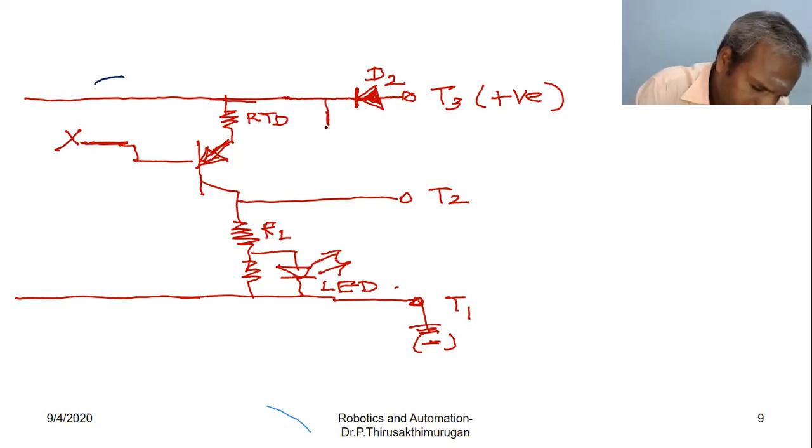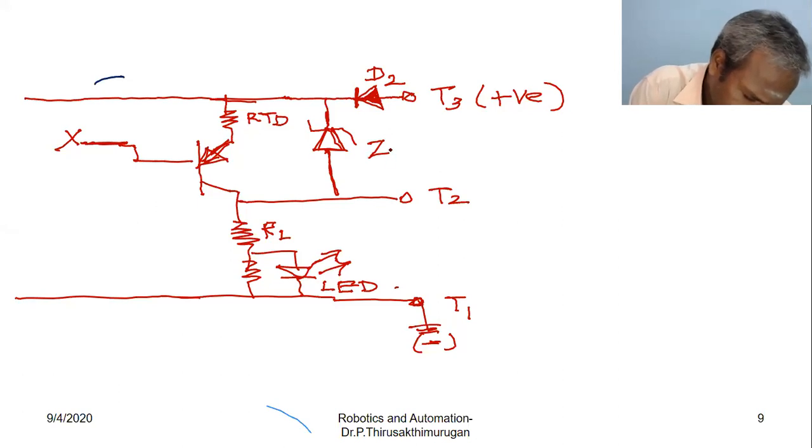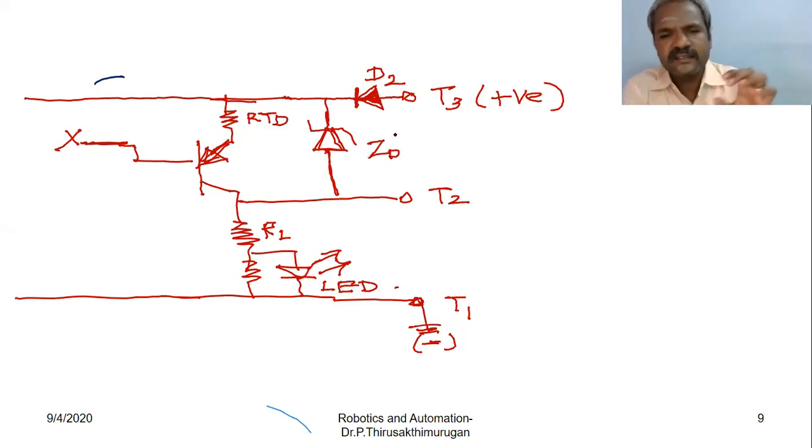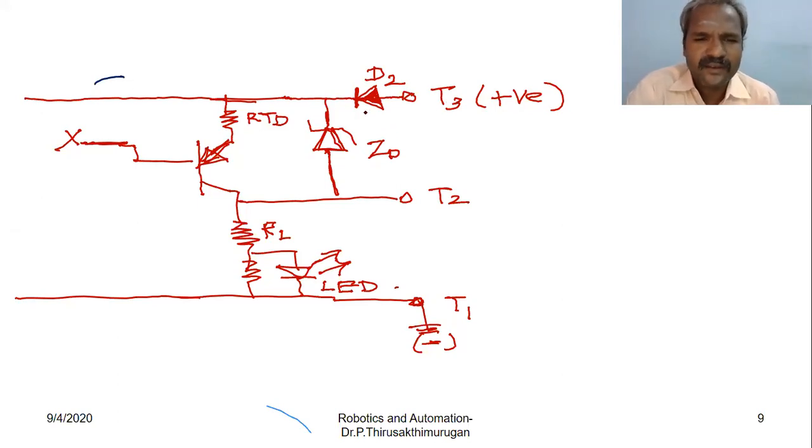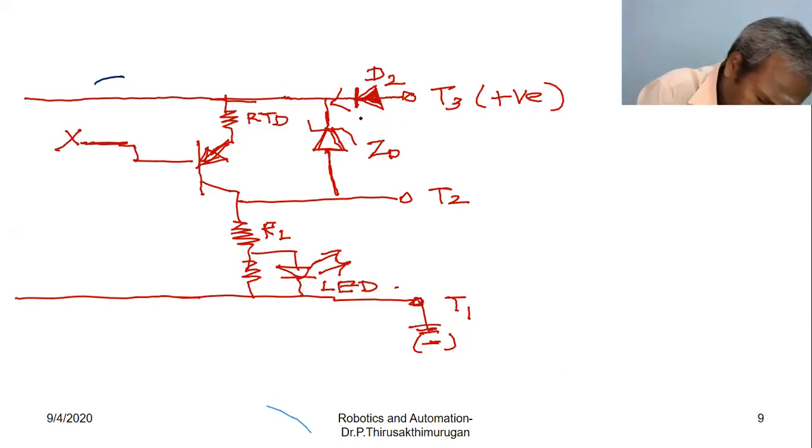We also use a protective device for non-reversing the voltage or maintaining the voltage output. This is a Zener diode. This Zener diode regulates the constant voltage. It's a regulator. This D2 is the reversing power. Suppose this D2 allows only positive voltage in this direction. If current reverses in the circuit, this diode won't allow it. So it is a protective diode. This D2 is for protection.